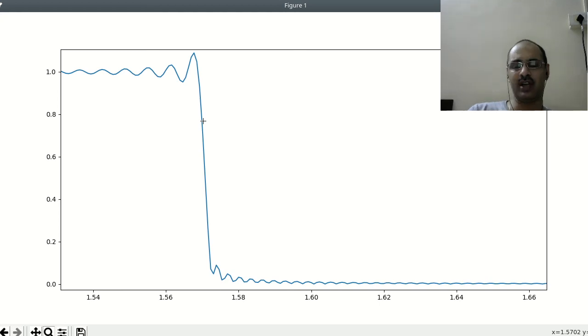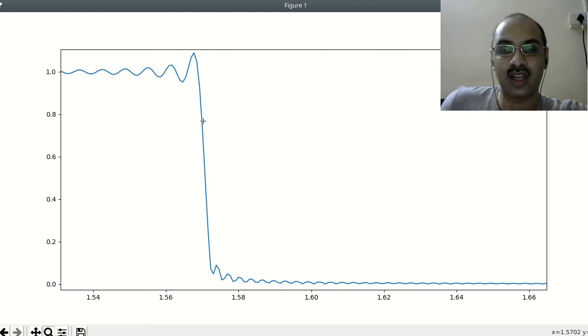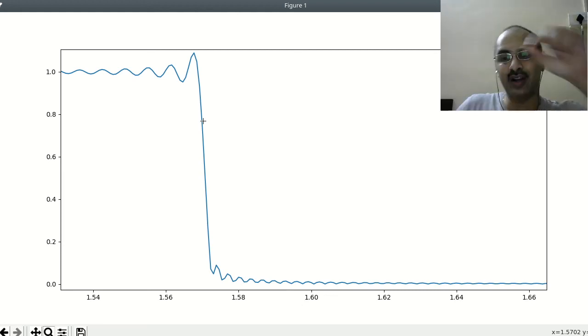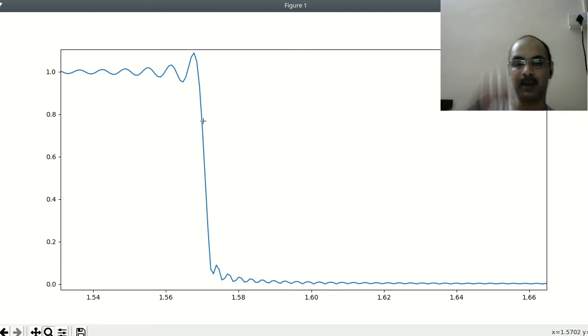One manifestation of that is that the point at which you got an unbounded output for bounded input has been smeared, so that the abrupt jump is no longer there, so that you have a well-defined output for every frequency. In fact, if you find the value exactly at pi by 2, you will find that this is going to be exactly around half. That always happens, irrespective of what n you choose.